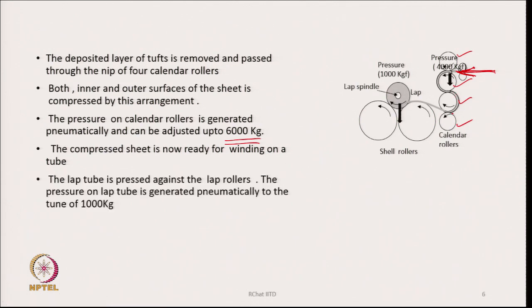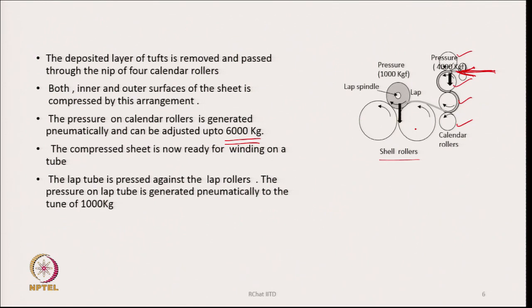Now, the sheet is going as shown in the diagram, and then you see there are two rollers called shell rollers, they are rotating, and the lap spindle as shown in the diagram is resting on them, and the lap sheet comes into contact with the lap spindle and starts getting wound around the lap spindle. So, the lap spindle gets its drive from the shell rollers, and the shell rollers are turning at a constant speed, and therefore, the lap